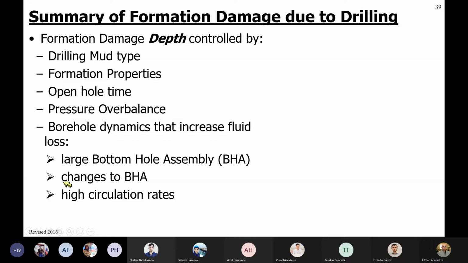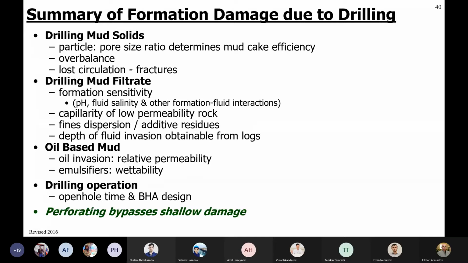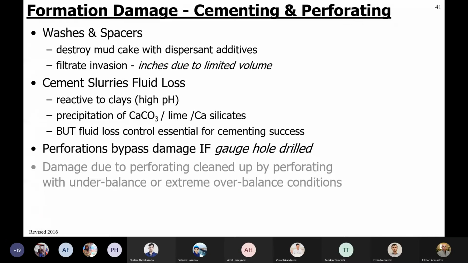And today we'll talk about formation damage due to the cementing and perforating. As you know, before we run a cement job, we inject some washers and spacers to clean the wellbore, to provide smooth operating conditions in the wellbore, and this will destroy the mud cake,